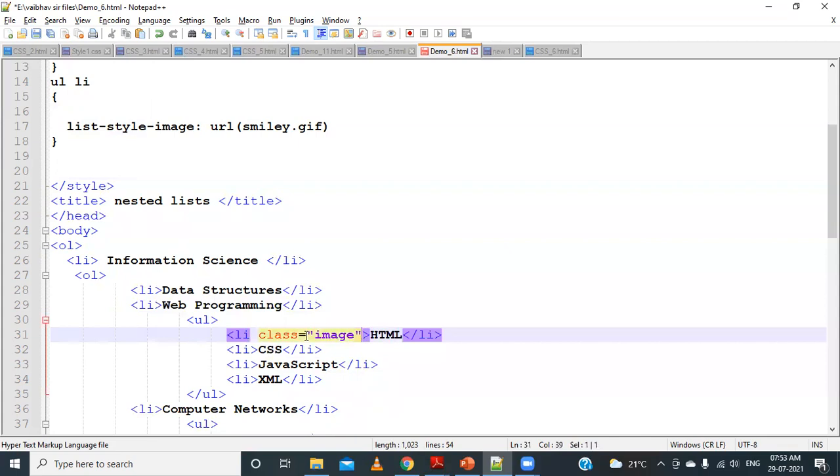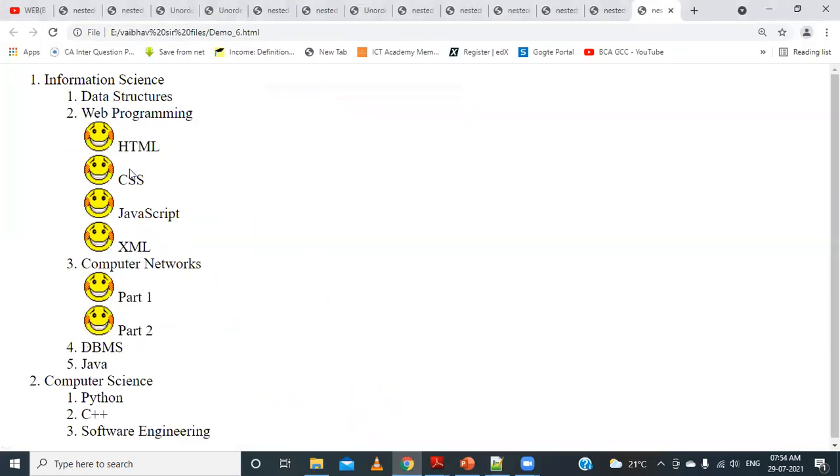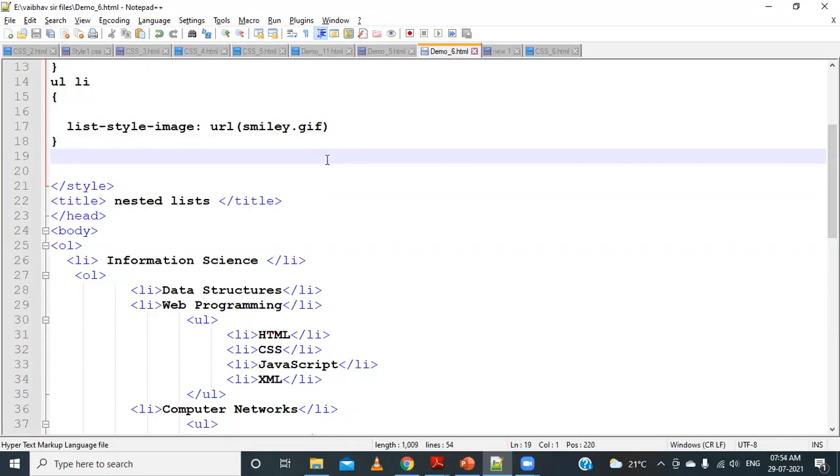This also is not necessary. So that means for all the lists that appear inside the UL, we want to apply this particular property. So let's run this now. You can see that for all the list items inside the unordered list, this particular property has been applied. So these are all the different list-style-type properties that we can apply for the unordered list.